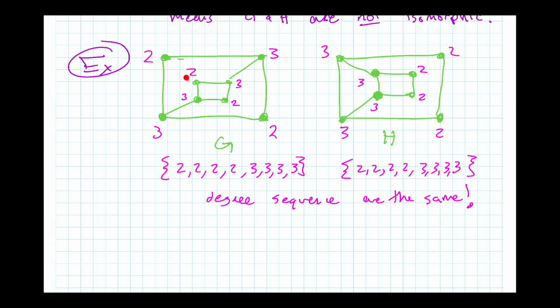So let's see, here's a degree 2 vertex that's connected to two degree 3s, right? A 2 and then a 3 and then a 3. So you say over here, is there a degree 2 vertex that's connected to two degree 3 vertices? This one is connected to 2 and 3. This one is connected to 2 and 3. This one is connected to 2 and 3. I think I did it, right? So if I just highlight it,